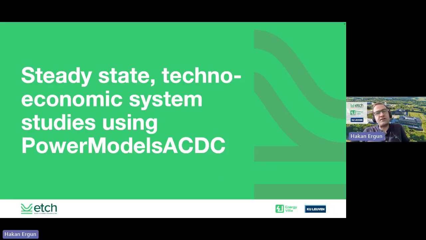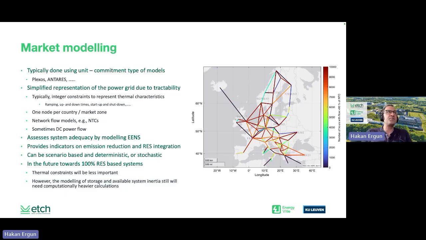Okay, so how can we actually approach techno-economic system studies using PowerModelsACDC? How does market modeling happen in general? This is typically done using unit commitment type of models. In Europe, most of the transmission system operators will use either Plexos or Antares. Here we usually have a more simplified representation of the power grid due to tractability issues. So this will be most of the time a net transfer capacity based